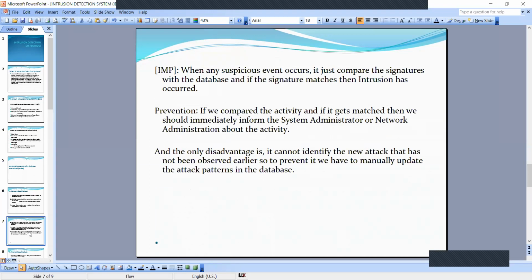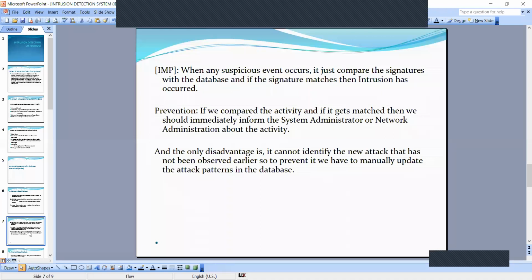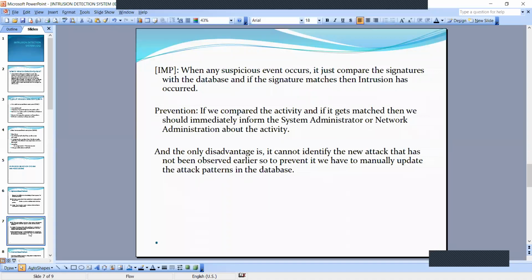What I mean to say is that the database I mentioned has been created from earlier attacks. Whatever hackers tried to hack that website, their details and their IP addresses have all been entered into the database. So whenever that hacker comes again and tries to attack any other website, it will automatically ban that hacker. This is very important. Whenever you are taking preventive measures, you should use signature based methods.